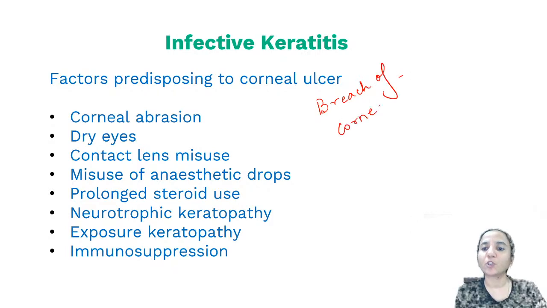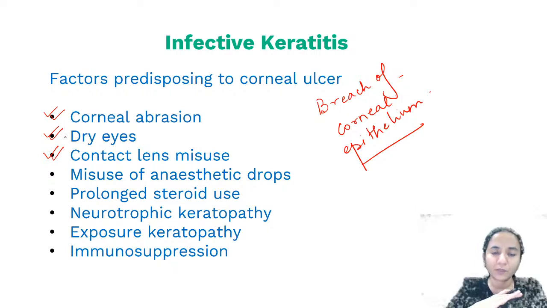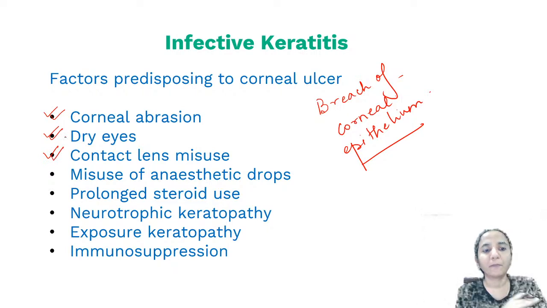So anything which causes a breach of the corneal epithelium is something which predisposes to the formation of a corneal ulcer, that is infective keratitis. So let's look at these conditions. For example, corneal abrasions, dry eye, misuse of contact lenses. If you misuse contact lenses, you can create corneal abrasions, breach the epithelium, and this may predispose to the